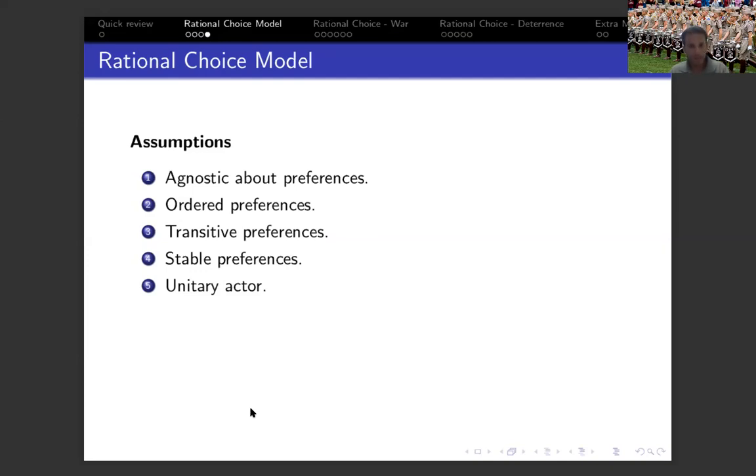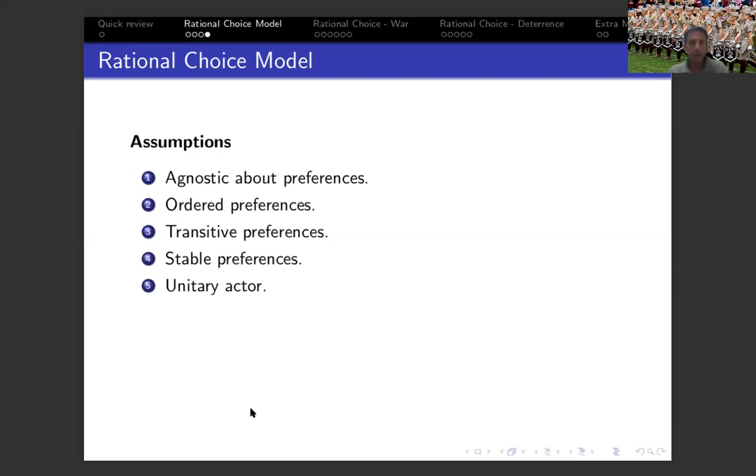Transitive preferences is a very basic logical argument that if preference A is better than preference B, which is better than preference C, then that means that preference A is also better than preference C. That's the idea of transitive preferences. And the last point regarding preferences is that they are stable, which means they do not change over time. Our behavior, again, coming back to the updating argument, may change based on the feedback that we get from the environment, but we still try to accomplish the same preferences. It may be that we shift from the most preferred outcome to the second preferred outcome, but those preferences remain the same. We may change our behavior.